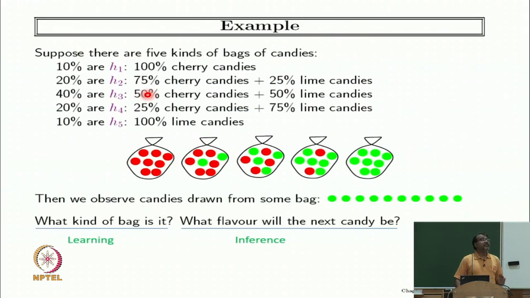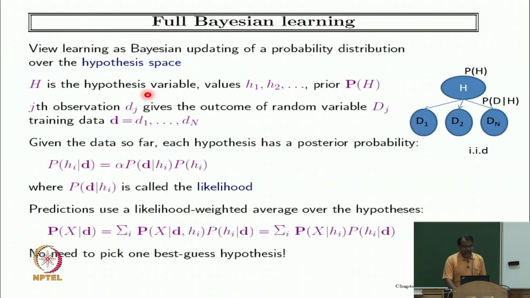So, dj here will be green for everything, right. And given the data so far, each hypothesis will have a posterior probability. So, that would be probability of hypothesis given the data. You can write it down as probability of data given hypothesis into probability of hypothesis. That is the a posteriori estimation. Now, if I take a maximum over all hypotheses,